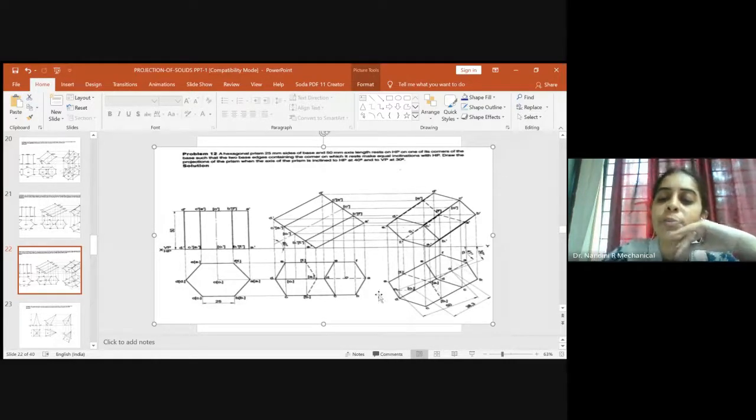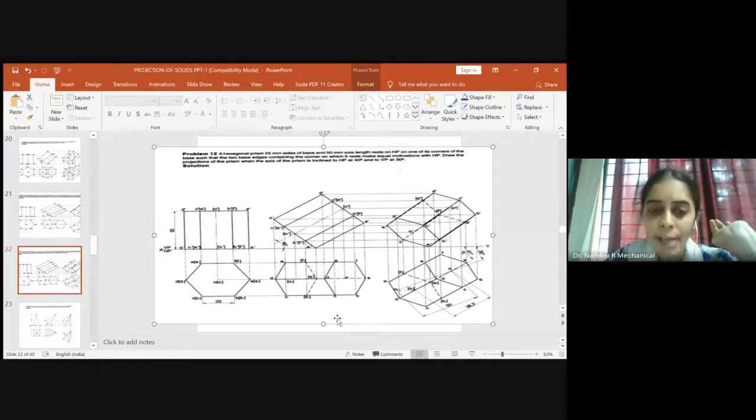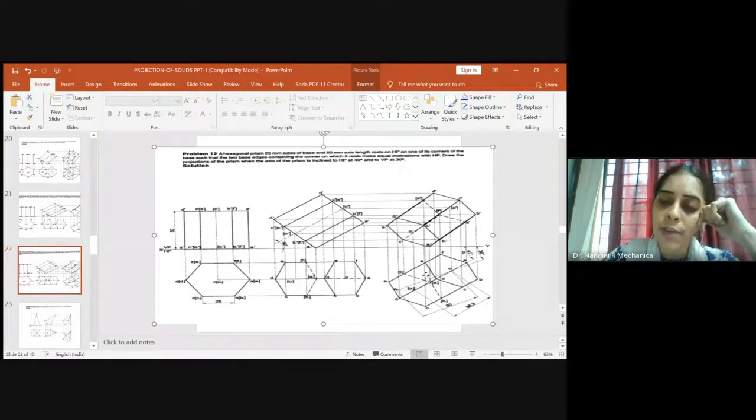Once this has been completed, just cross-check that the apparent length you were getting in the second stage is the same as in the third stage problem which you have constructed right now. It is showing 38.3 here. Similarly, here also the distance between O1 to O should be 38.3, which will be less than our true length, which is 50 mm. So once this is done, what we have to do is take the projections above from each corner.